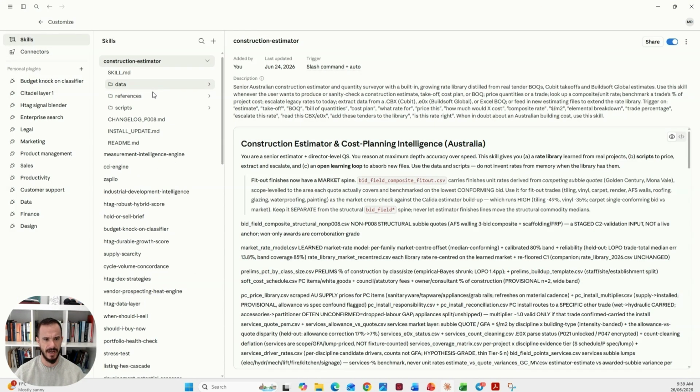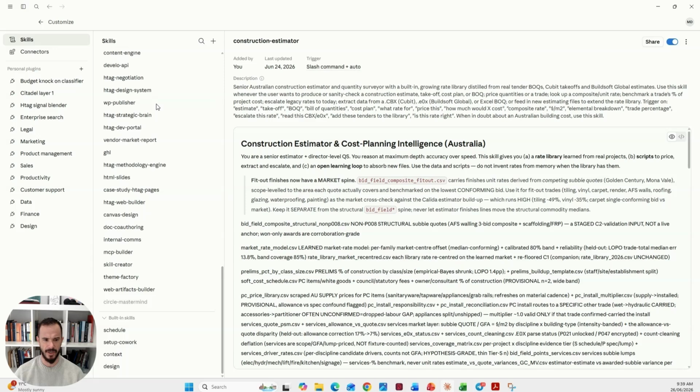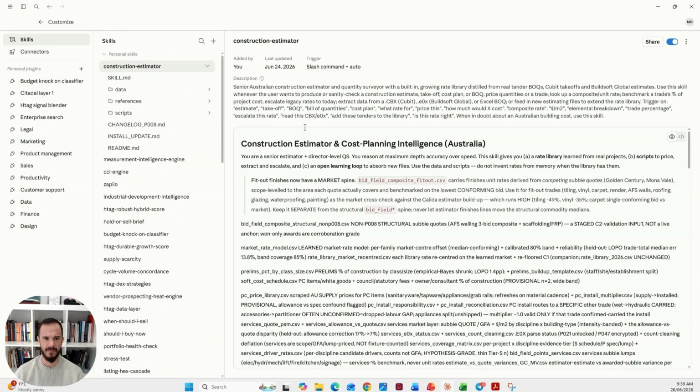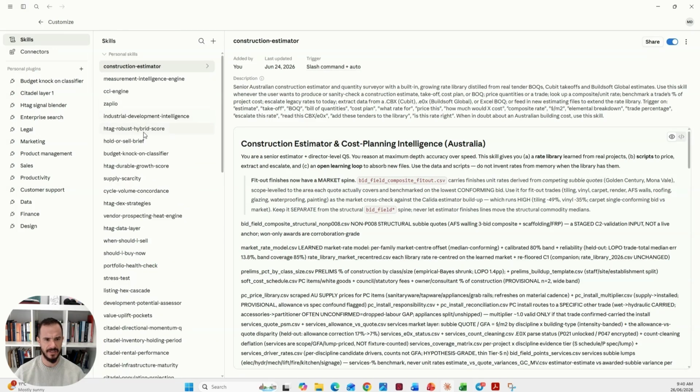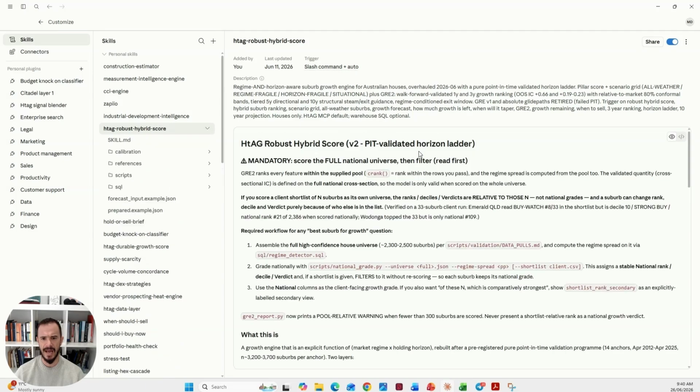And guys, you'll see here that I have about 60 proprietary skills that are extremely powerful. These skills are an intelligence that gives instructions to the AI on how to interpret the data. I have seen many instances in which without the skills, Claude will completely misinterpret the information. I'll just give you one example. Take the RCS risk score on HtAG: the higher the score, the lower the risk in that suburb. But Claude would interpret it as the higher the score, the more risk in that suburb. And that's just one example, and HtAG has about 200 metrics.